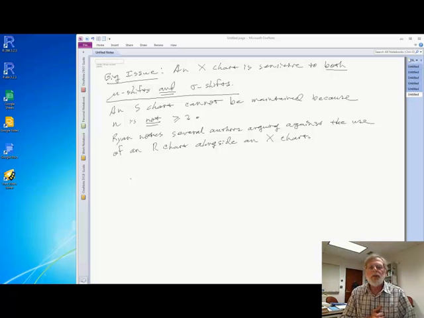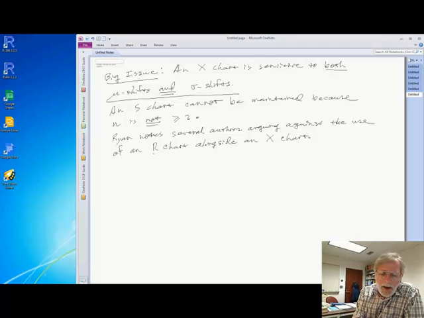For week 5, 571, I was starting to talk about the issue that we have with an X chart being willing to give signal if the mean shifts or if the standard deviation shifts. And so, as I say here, you can't be running an S chart in parallel because subgroup size with an X chart is 1, so you can't be computing within subgroup standard deviations. And so an obvious retort is to